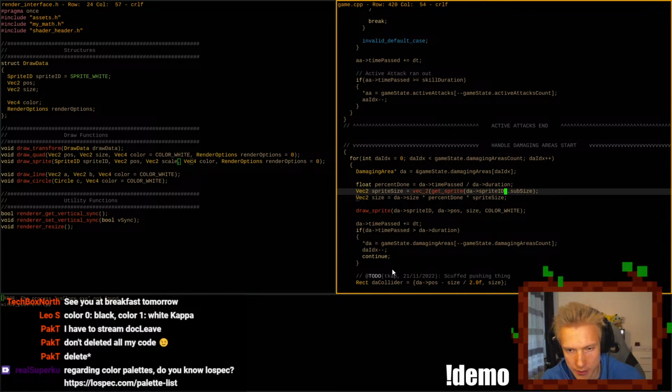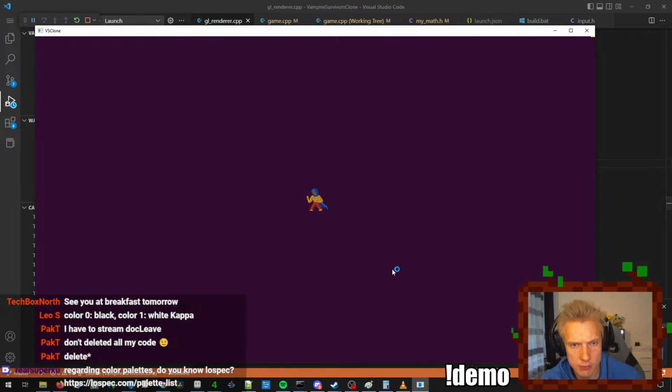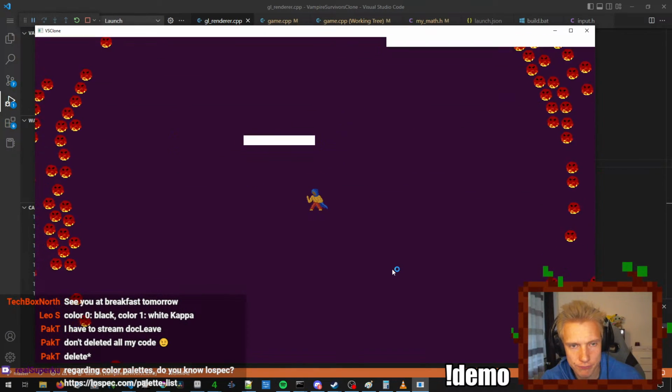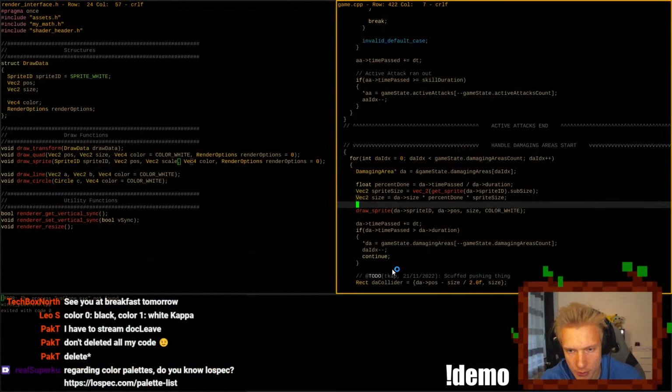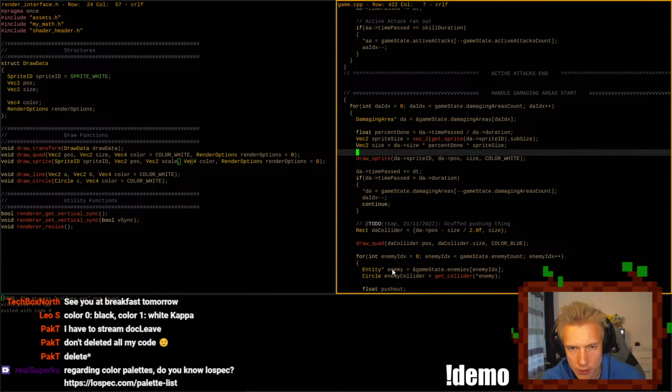Okay, I think it should now work. Oh my god, it makes it ginormous, of course. We can't use the sprite size here because this is actually a scale.